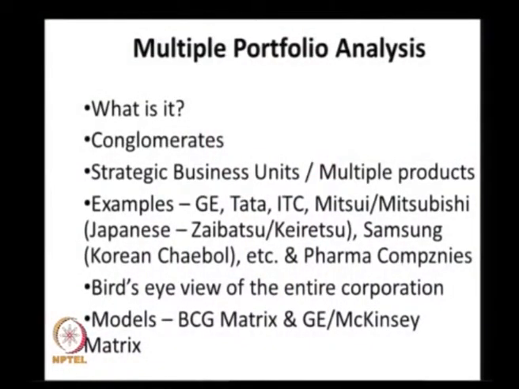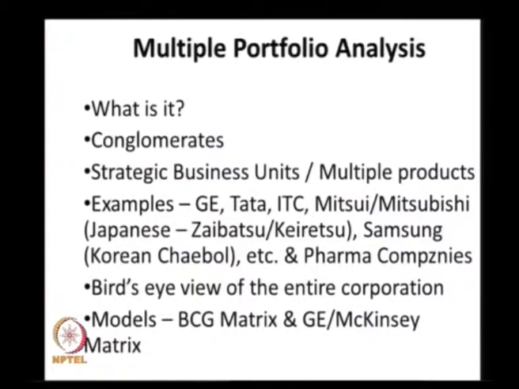Before I tell you what it is, we should first understand there is a need for big corporations which have a number of subsidiaries, which we call strategic business units, or one big organization that has multiple product streams, and we need to understand the performance of each of these subsidiaries or each of these products relative to the other. Just as we had the five forces to understand the attractiveness of an industry, we also need some structured model to understand the relative performance of one SBU over the others, one product line over the others.